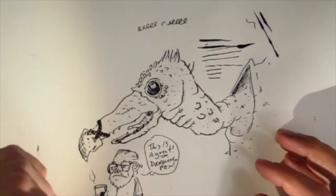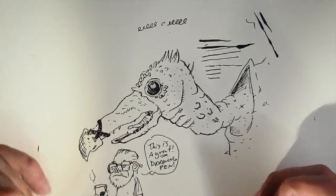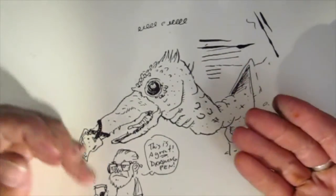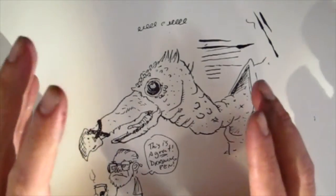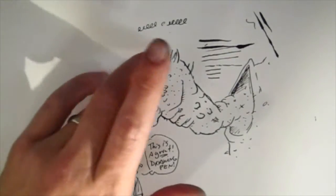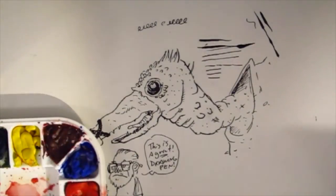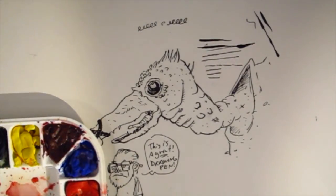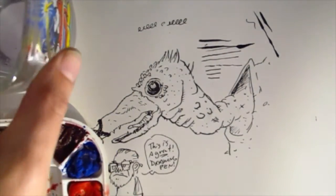Okay, so it's pretty dry. It's a little smudgy here because I thought it was dry maybe 20 minutes ago, and I stuck my fingers in it, and it was not. Understandable. I dumped a lot of ink, especially around that eye and there. The pen is running very wet then, but it should still be able to give you a pretty good, decent idea